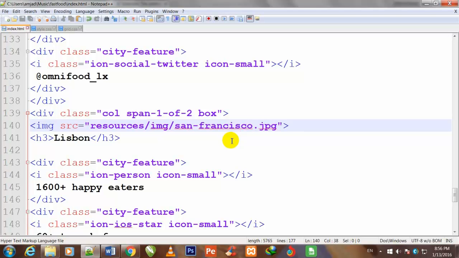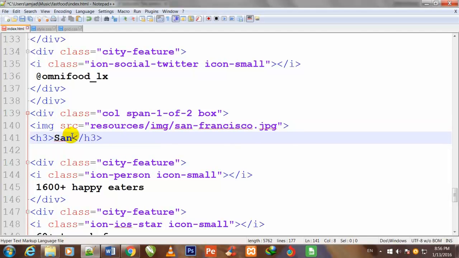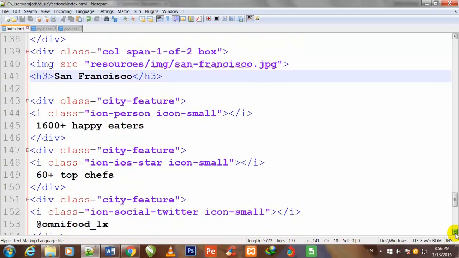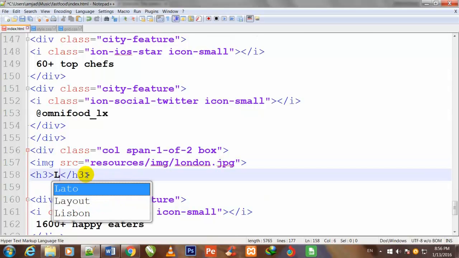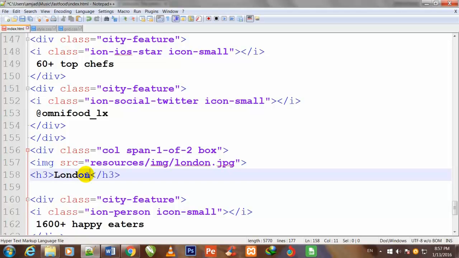So I give it a name, San Francisco. Here too I change the image name, London.jpg. And I write here London.